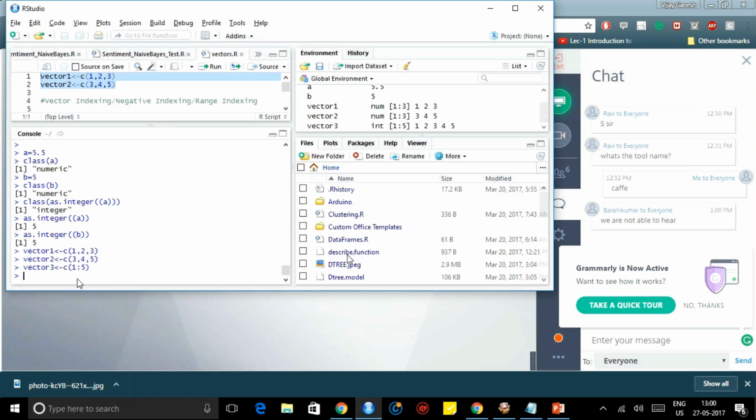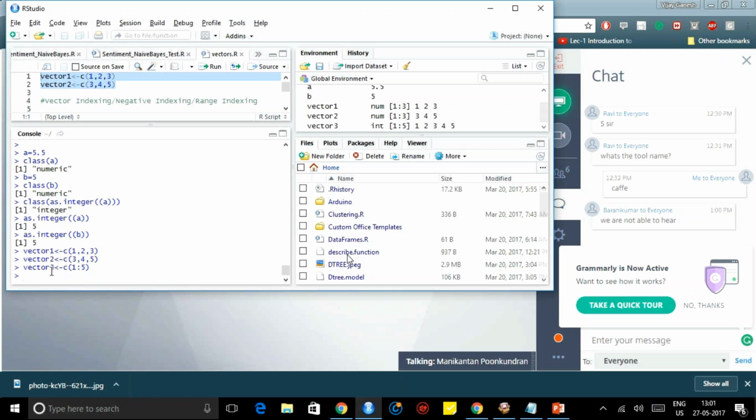You need not even point RStudio to the installation of R; it will automatically find it. Linux also you can install, in Mac you can install, but the format changes. In Linux you use apt commands; in Mac similarly you can do brew install.